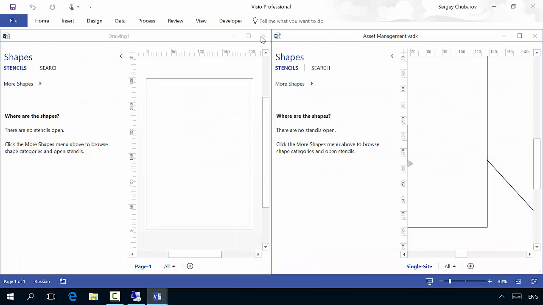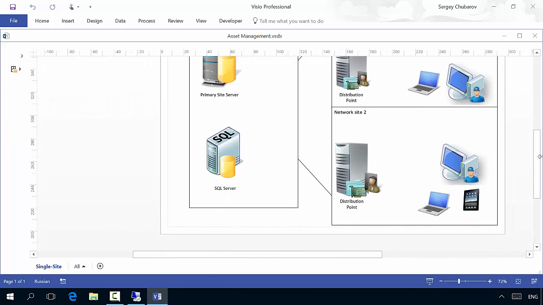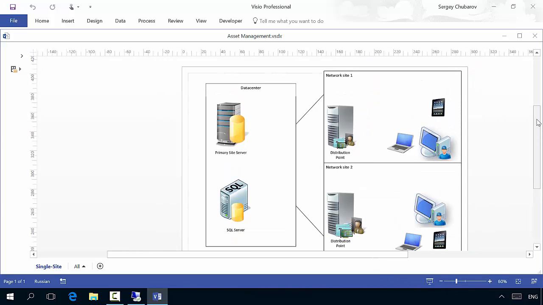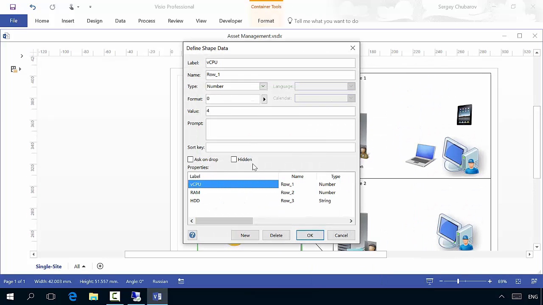Let me show you the result of your diagram. Here's my assets, and every asset can have data. So let me add some data. I already have HDD, RAM, and CPU. Let me add operating system for this asset. Operating system, and I choose format like type string, format normal, and type value. It's gonna be Windows Server 2012 R2. Here we go,